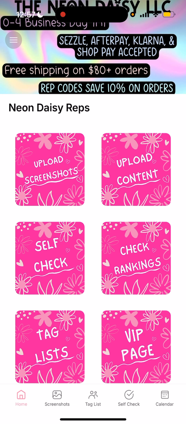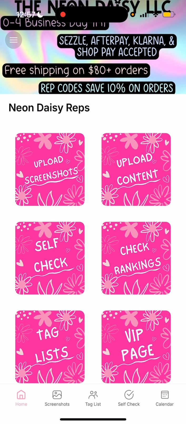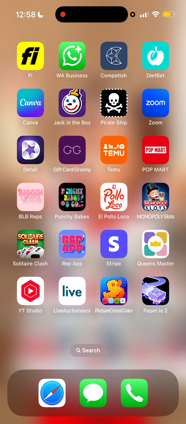Okay, so first things first, when you open the app, this is what you get brought to. This has the main things, the main buttons that everyone goes to. We can add whatever you want to the home screen. This is just how I've done it. If it helps and you want to look at, so